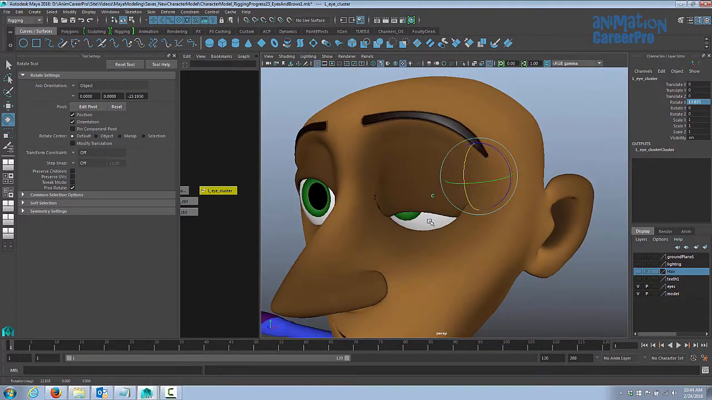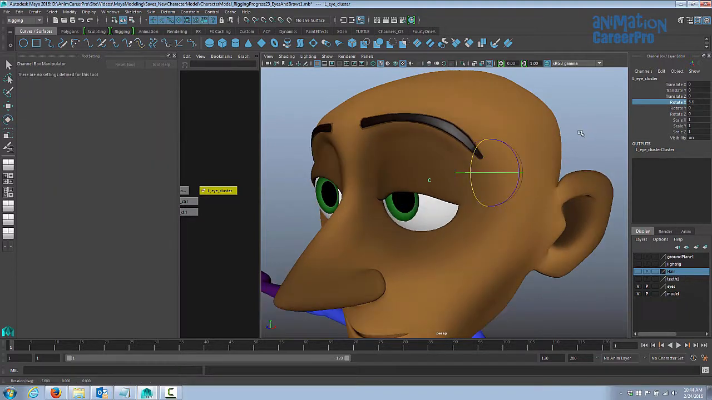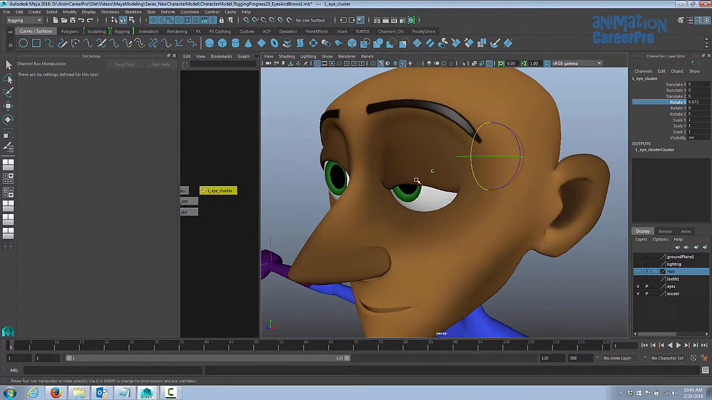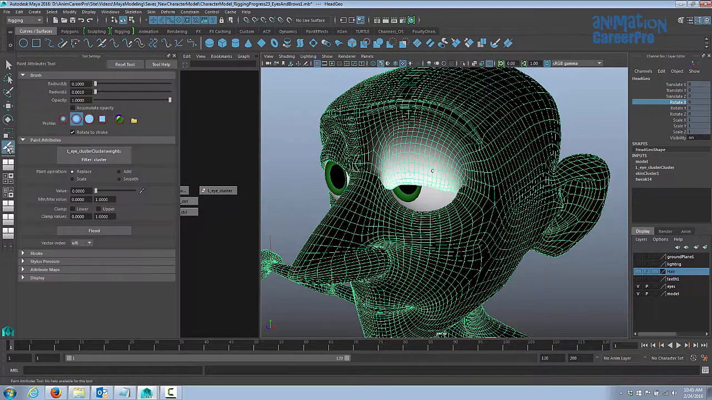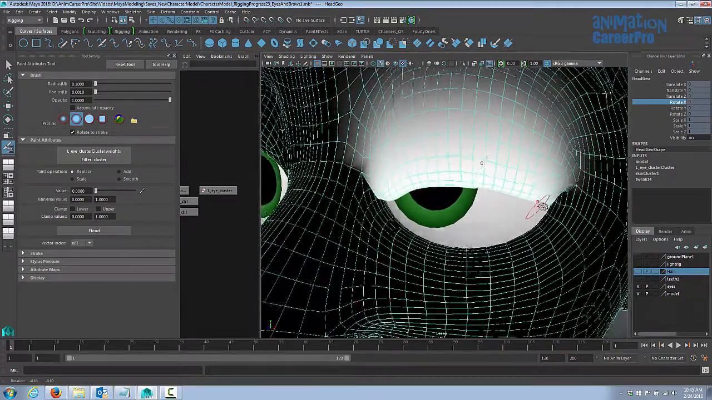We just need to paint the cluster weights a little bit on the eyelid so that we get a nice rounded form here. So we'll do the same thing we did when we were painting weight for the joints. We'll just move it into a posed position and then see if we can paint that out a little bit. So let's select the polygons, and we already have our paint cluster weights tool activated in our toolbar, so I'll double click on that just to get our tool options back up, and now we can start refining the cluster